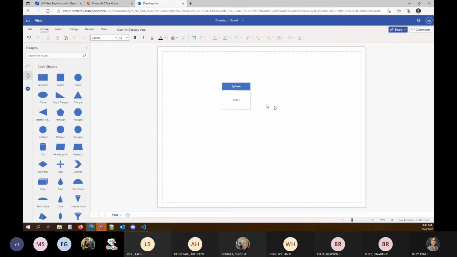I'm going to put a minus sign in front of color, and I'll explain that in a minute, and my position, and my trajectory. Now those are all our attributes. I really would like them to be left aligned, so I'm going to choose that left alignment.